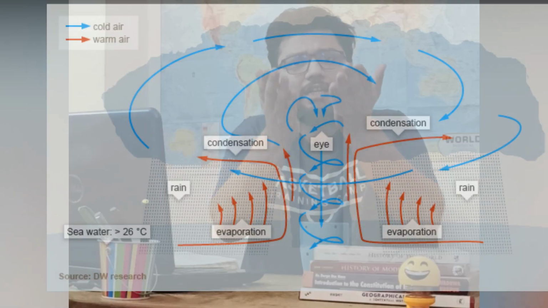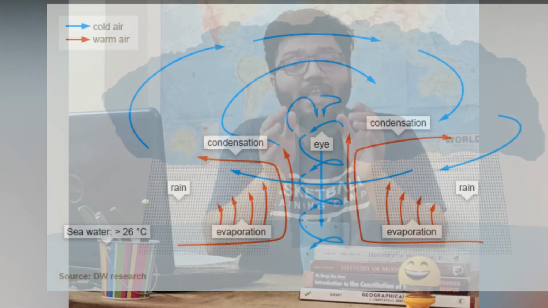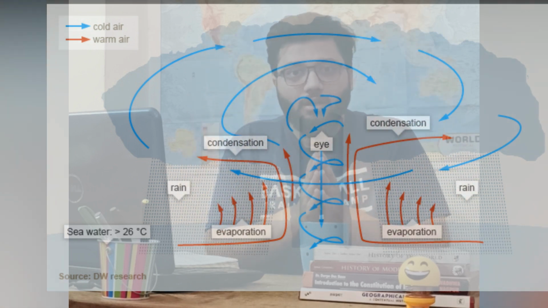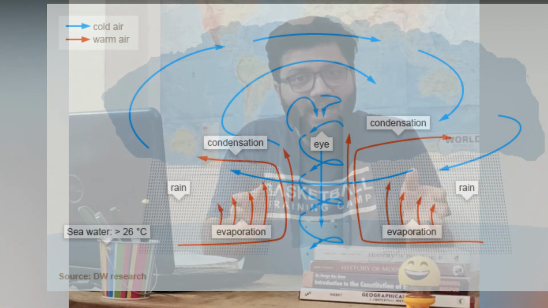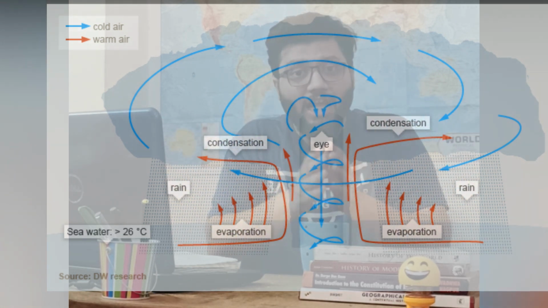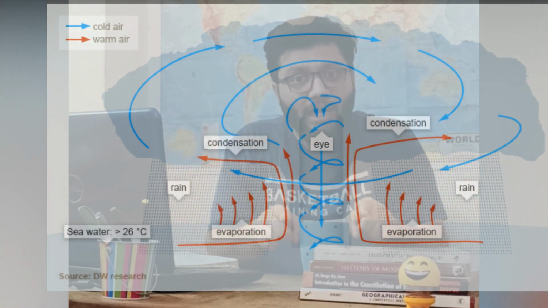As this uplifting air along with a lot of moisture reaches the line of condensation, here it starts getting condensed and hence starts releasing the heat of vaporization. This heat of vaporization again adds to the sea surface temperature and starts more of the evaporation. This is the heat engine which is required for the formation of these tropical cyclones.